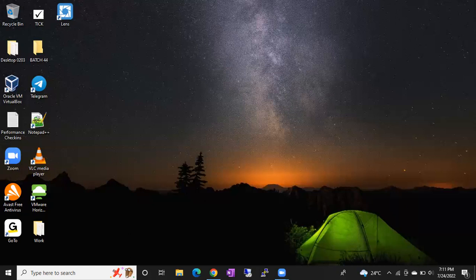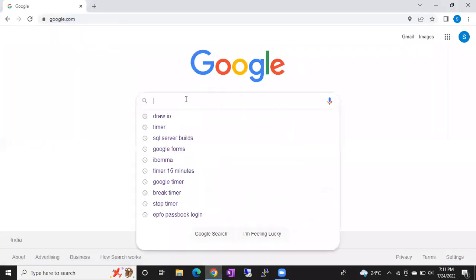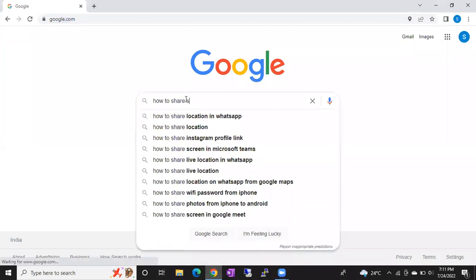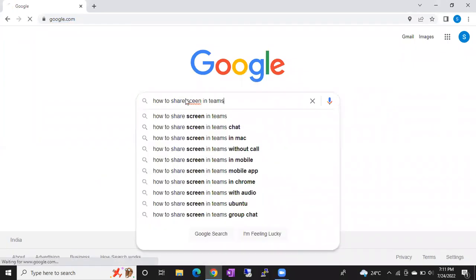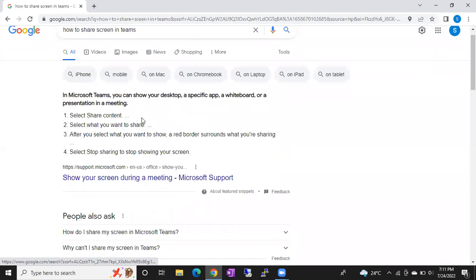Very simple. Okay, if you don't know, Google it. How to share the screen. While sharing the screen, what kind of precautions you have to take. Generally, while sharing the screen, guys, make sure people will do like this. If they don't know how to share the screen, of course you can search it in Google. They will simply search Google: how to share screen in Teams. He will get a result. Now he will open it, and he will just open this thing in the browser. Okay, so what happened is,